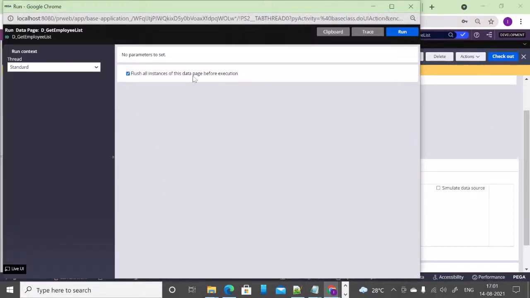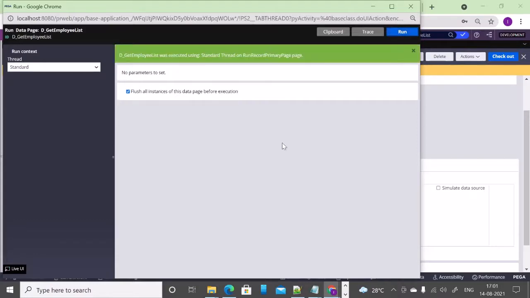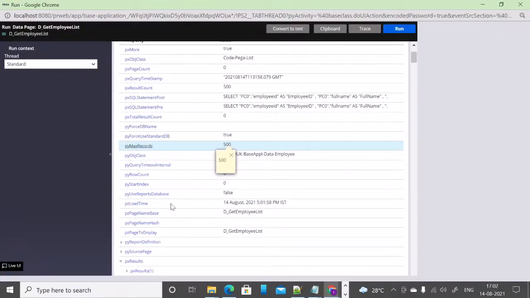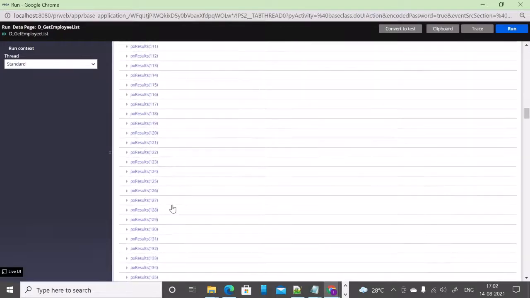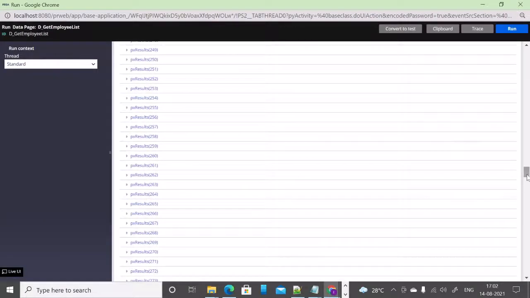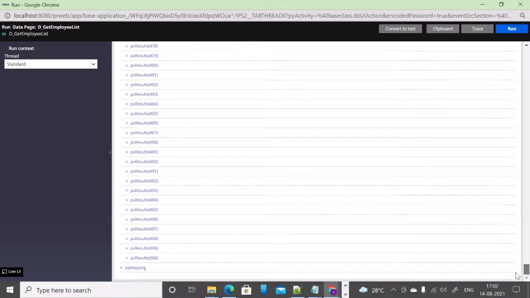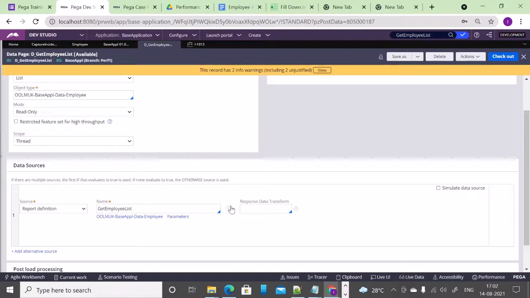When I run the data page, you see that there are 500 records retrieved. Only 500 records it retrieved. What about the remaining records? What is the reason for retrieving only 500 records?